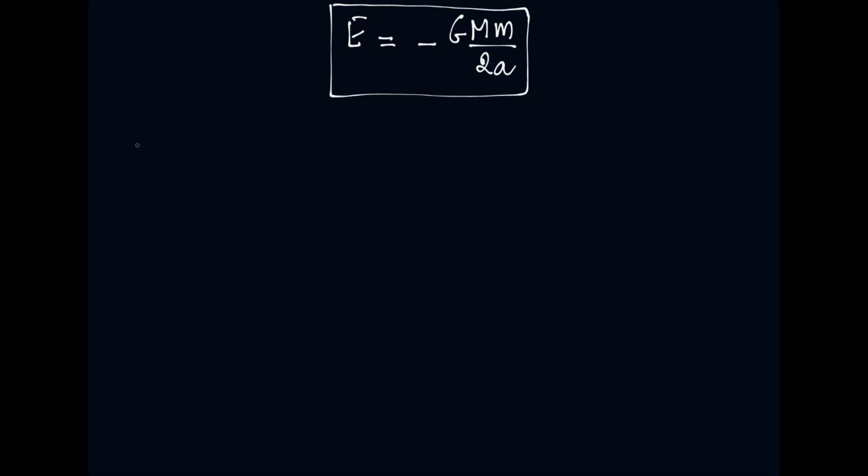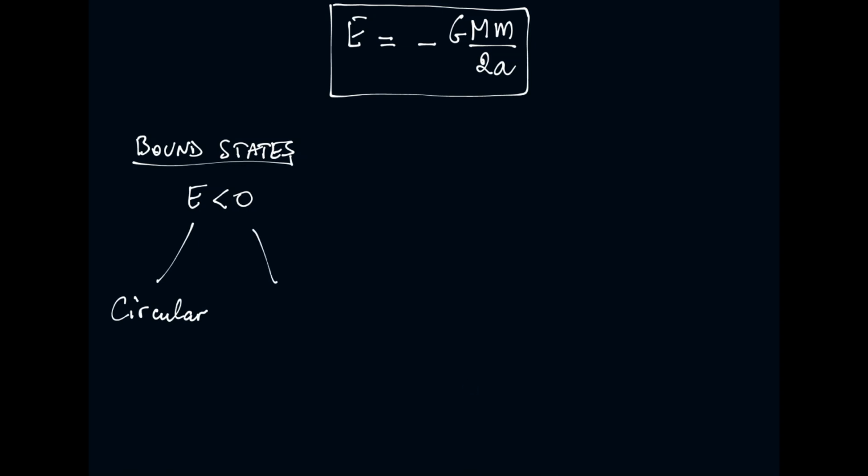So under the big umbrella of solutions to the orbits of two gravitating bodies that all have this form, we found two types of bound states, namely systems with negative energy, which were circular and elliptical, and two types of unbound states,